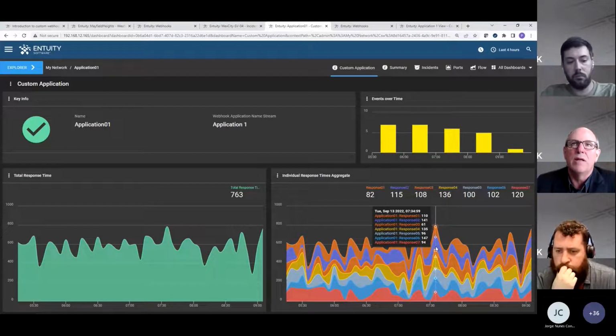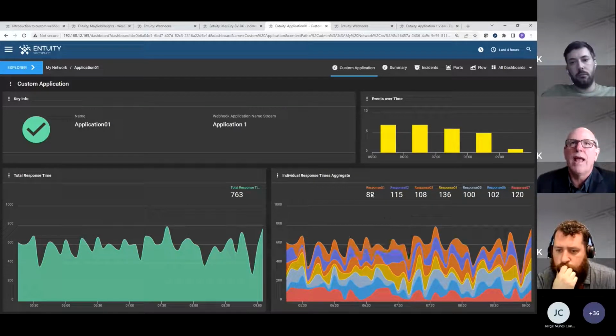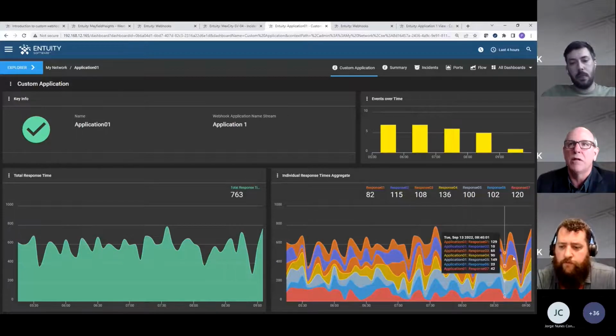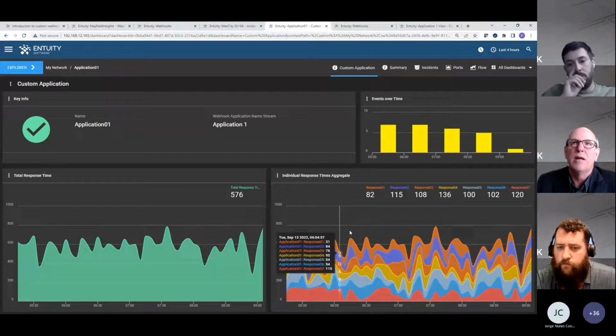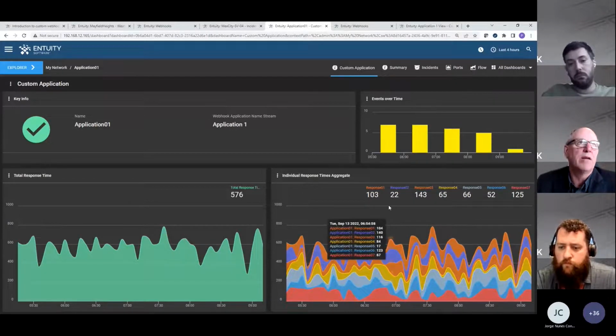But again, the individual concepts of this are I'm not only generating an event from a webhook, but I'm actually influencing and adding metrics into the system and storing these metrics over time to be used in this type of a fashion. And I'm also updating the status